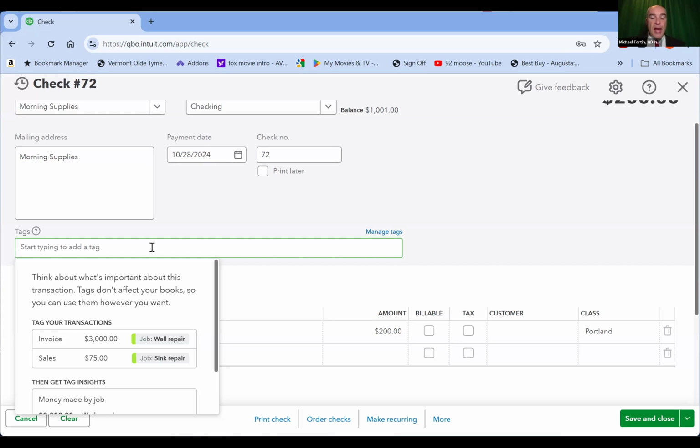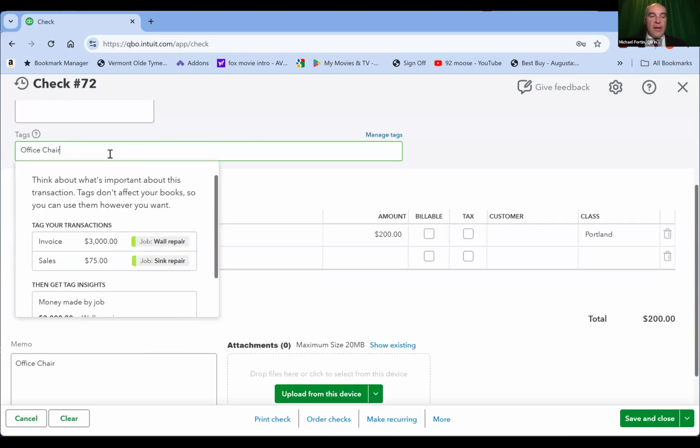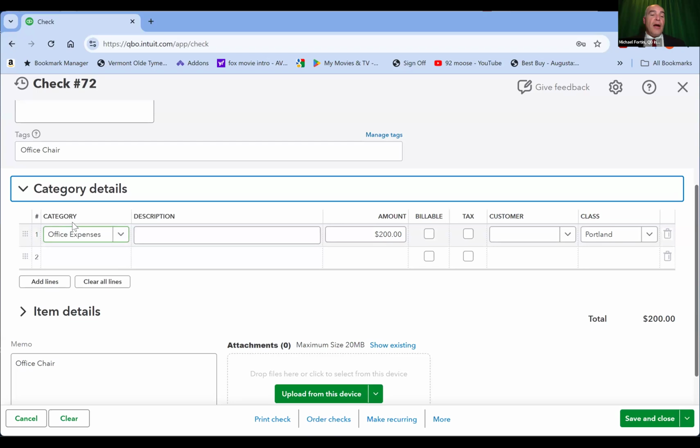So, okay, under tags, I'm going to type in office chair. I've got to make sure that I don't have any errors in it there. Okay, office chair, and then I'm going to move down under the category.